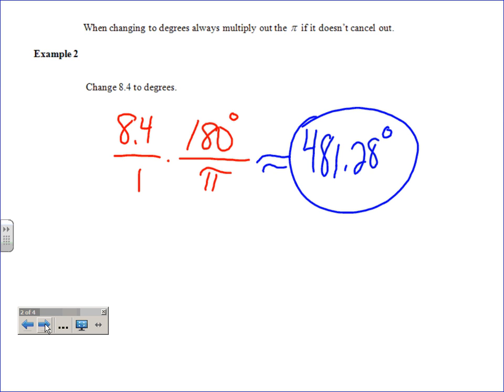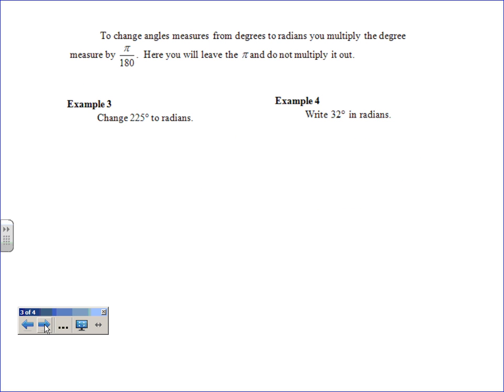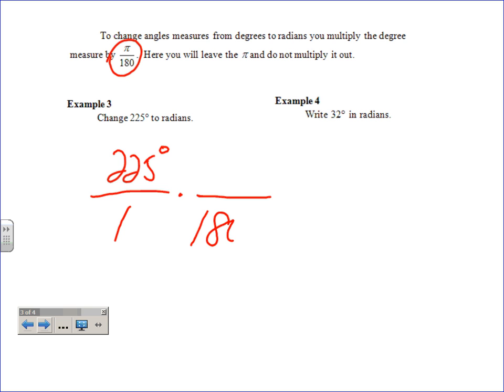So any questions on how to get from radians to degrees? Again, they're interchangeable. Well, what we're going to do then is to go the other way. We're still going to multiply by 1, but we're going to flip it around because now I want to get to radians, or in other words, I want degrees to cancel. And so if you have 225 degrees, some like to write it over 1. I better put degrees on the bottom so the degrees can cancel. That's where some of your science background for some of you is going to come in handy because you want labels to cancel off to get to your answers. And so here, degrees most definitely will